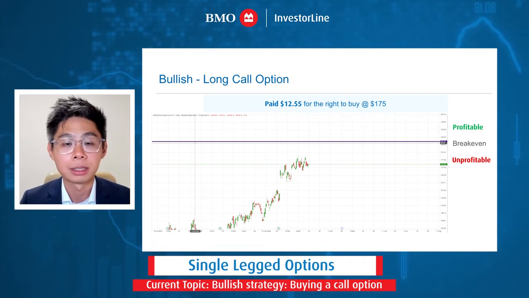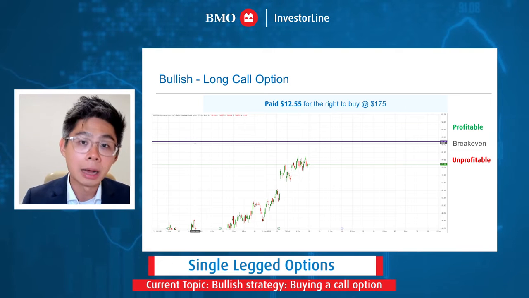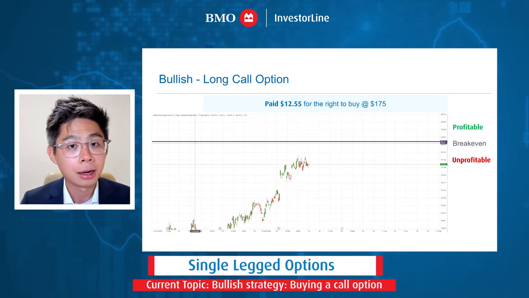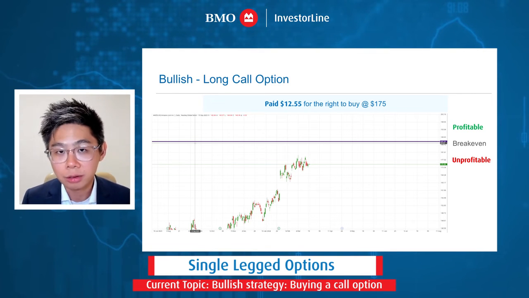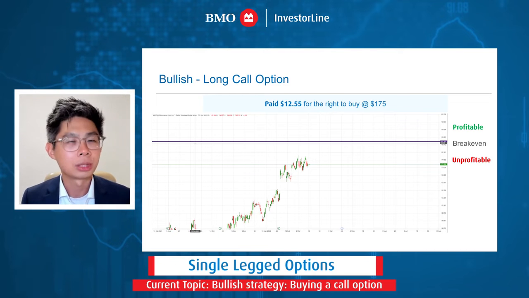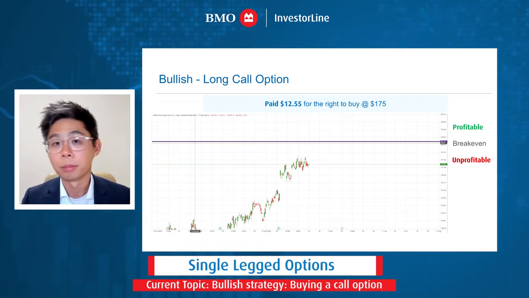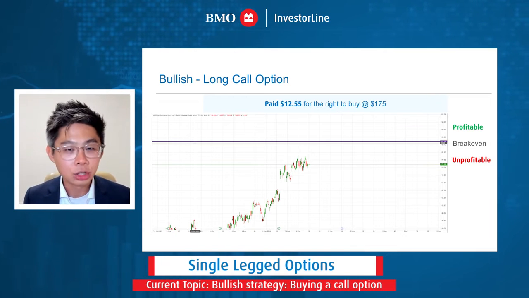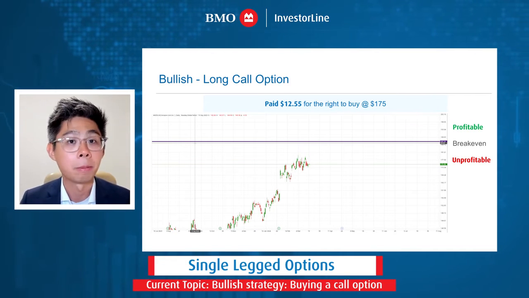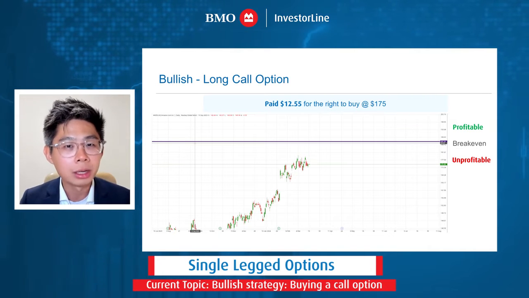Then you have to believe the stock is going to move materially above your break-even price at expiration in order to justify buying that call option. So it's actually not very common, in my opinion, where you have a bullish view on a stock and it necessarily means that you should just outright buy that call option. And that's a really important lesson to learn,